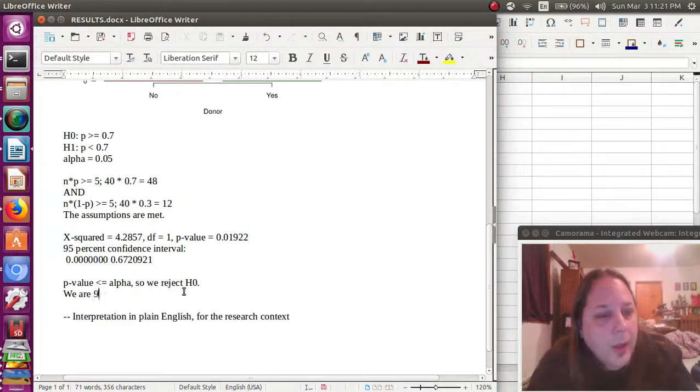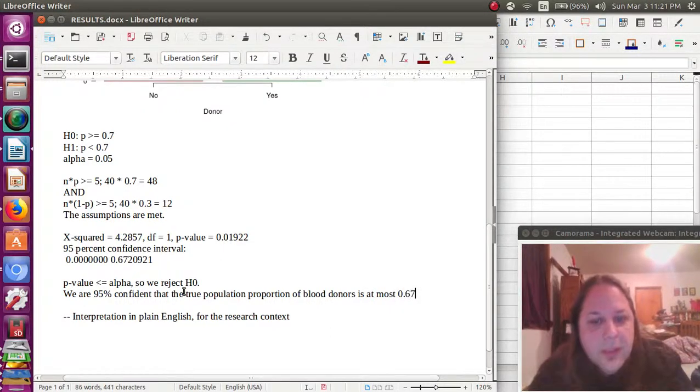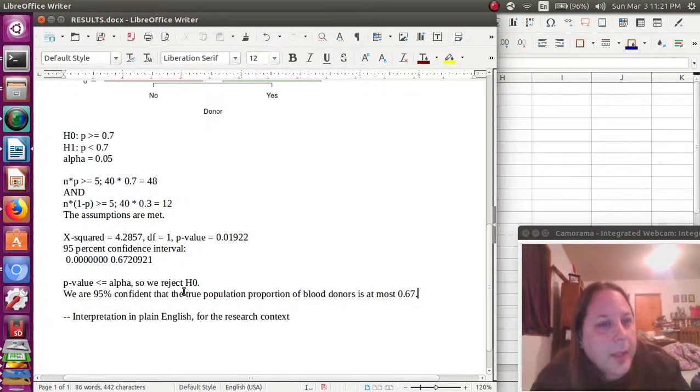And we are 95% confident that the true population proportion of blood donors is at most 0.67, so 67% or less is what I'm confident of. Okay, and they hypothesized it was 70% or more. That's the null hypothesis. So in plain English, we say